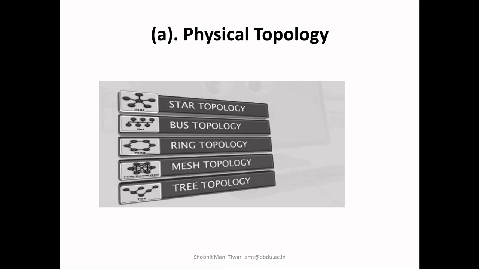As the names already mention, it is very obvious that star topology shows an arrangement of a basic star, bus topology like a bus arrangement, ring topology like a ring arrangement, mesh topology forming a closed mesh of interconnection between all the devices, and tree topology is a kind of tree network where we form a root node, its child nodes, and subsequent child nodes. Now let us discuss these topologies one by one.